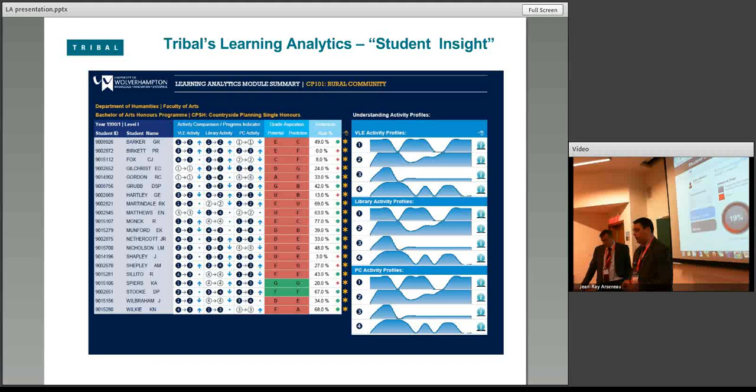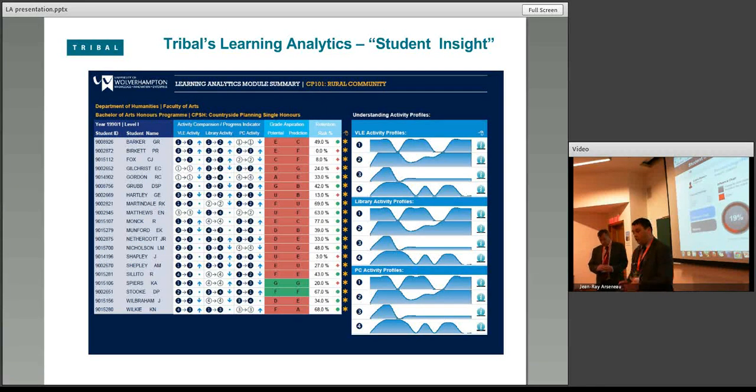So what you'll see against each one is a grey bar and a colour bar, the colour representing whether they're in danger in that particular area. So the grey bar is the average against each one of these individual students. So wherever we can see a student's falling a long way behind average, we can say that's lower than the grey bar. So we've got a red flag in this case. Against engagement, it's just on the brink there, so we can see it's amber.